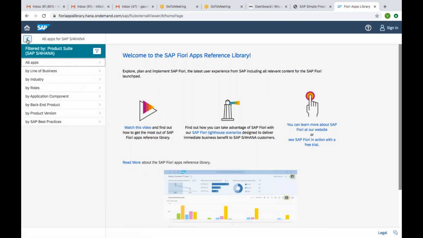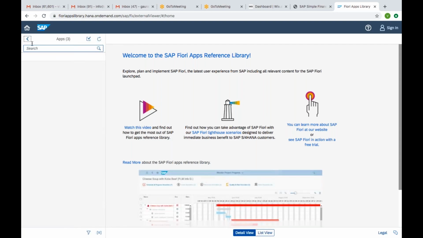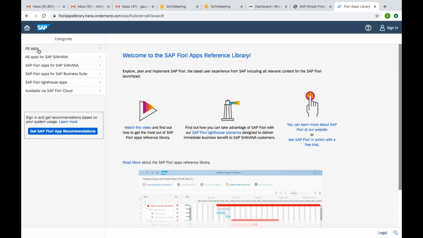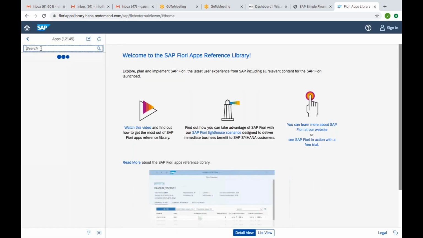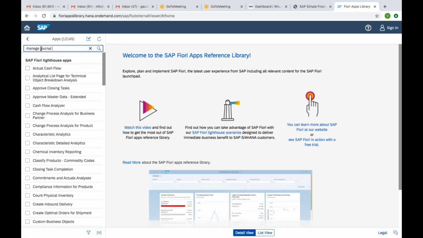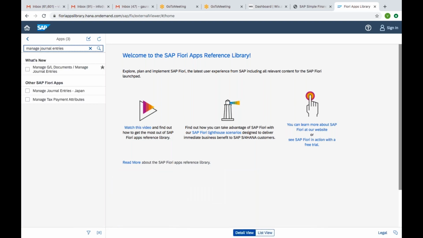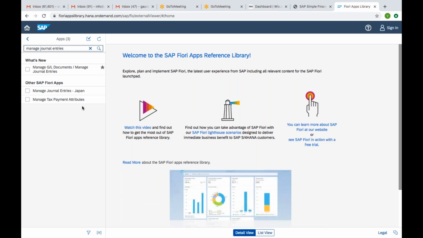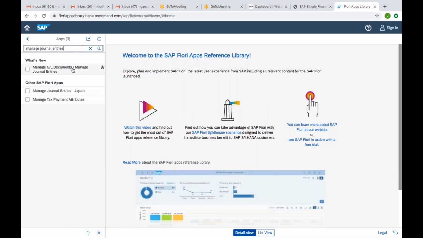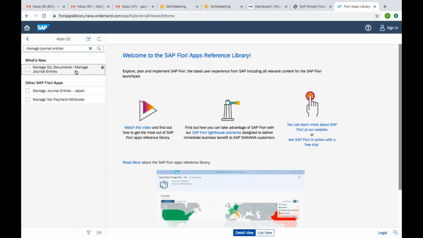Maybe the application that I selected is wrong. Instead of this, I'll directly go to all apps. I will not go to S4 HANA, I'll just click on all apps and search manage journal entries. It is still showing these 3. Normally it should show the 4th one also, which is manage journal entry only. Sorry, you can see manage GL documents / manage journal entry. So this one itself. If you open this,